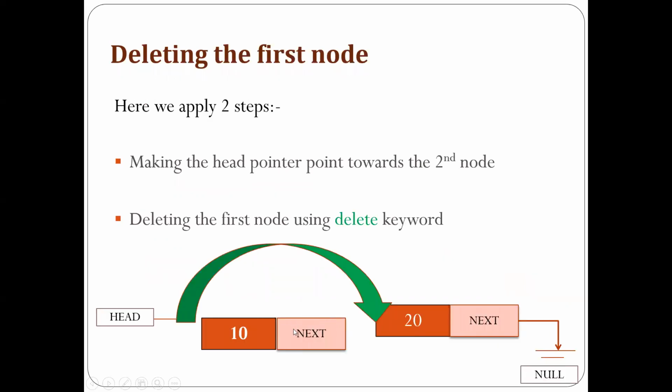So here, this is the deletion for the first node. The original link is between the 10 and the 20. I want to delete this 10 here. That means what should happen here? The head pointer we have to shift from the 10 to 20. That is the only thing here. And this 10 we have to mark as a free node, and then we can easily delete this 10. So just shift the head pointer from the first node to the second node, make this node a free node and delete it. That is the only thing here.